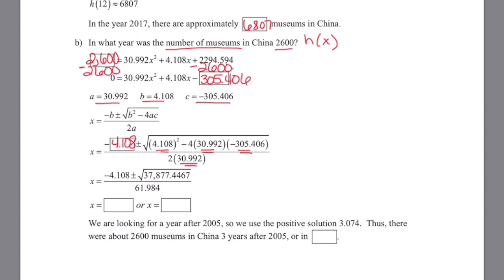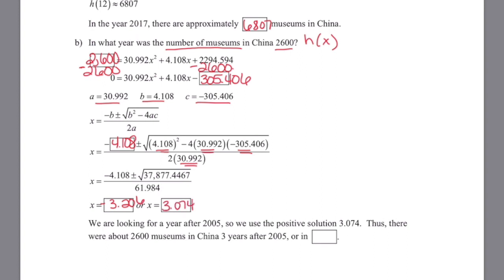Definitely use your graphing calculators here. These are some pretty crazy numbers that we need a little bit of help with. When we add, subtract, take the square root, and then divide finally, we have two choices. We have about negative 3.206 and